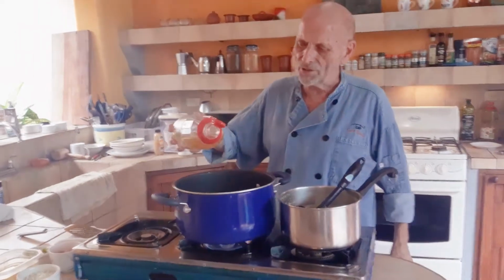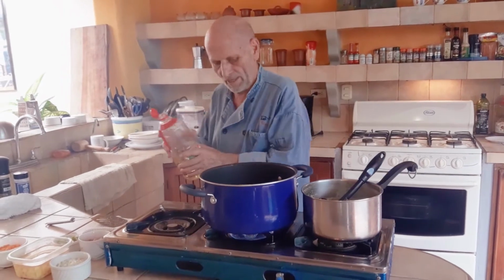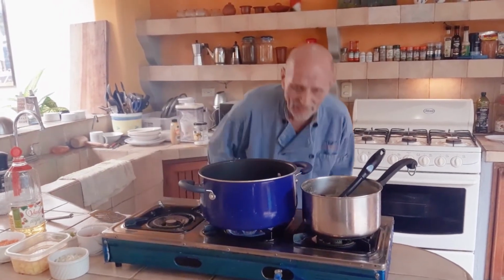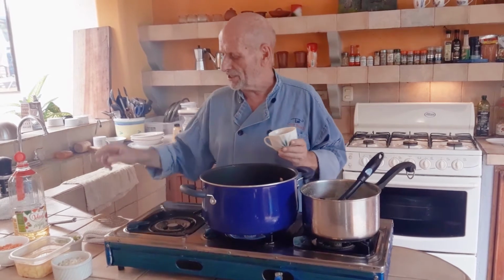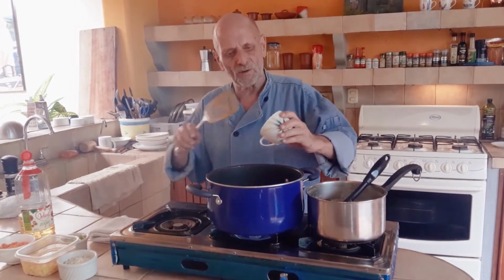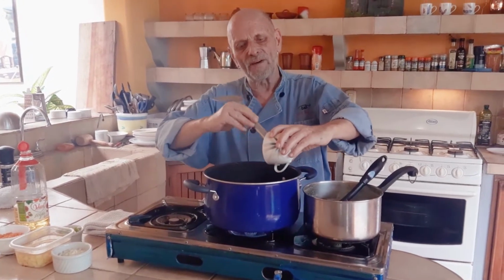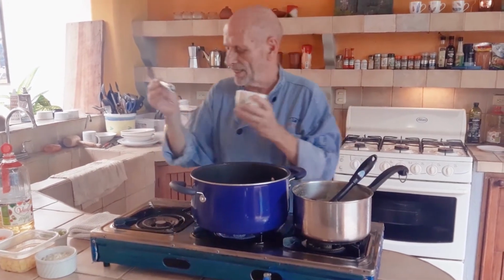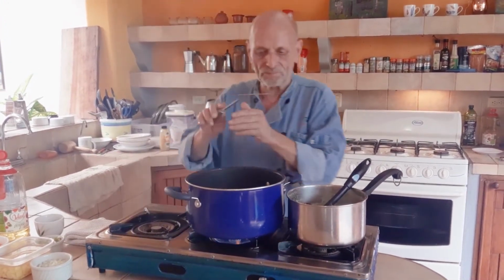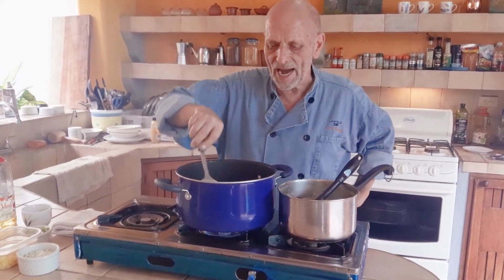The nice thing about this particular soup is this. First of all, this soup gets better by the days. You can make a big pot of this soup and you just let it rest in the refrigerator, and it will be just fine. And in fact, if it stays 3 or 4 days, the better it actually gets. Now, this particular way I'm doing it right now